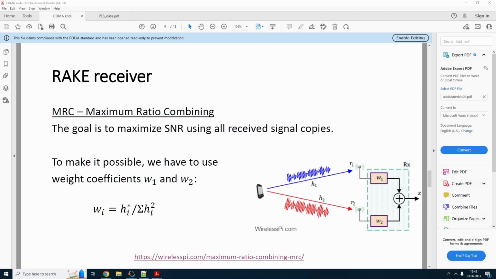Finally, about the weights. The concept is very simple. Consider you have an impulse response with H1 and H2, only 2 taps, and accordingly 2 paths, one with a gain of H1, another with a gain of H2 and a delay. Accordingly, what happens in our RAKE receiver is that the first path is multiplied by weight 1, the second path is multiplied by weight 2, then we add them together and we have our, well, almost